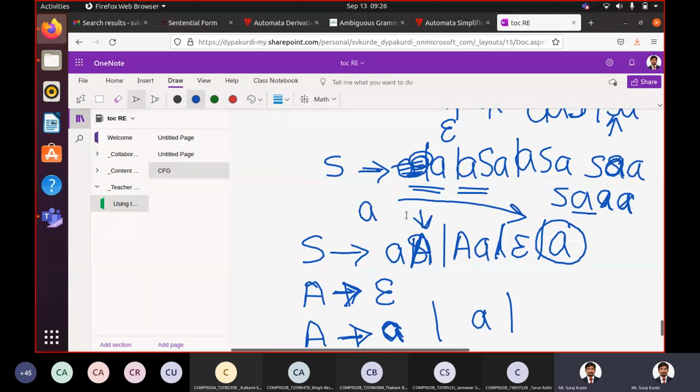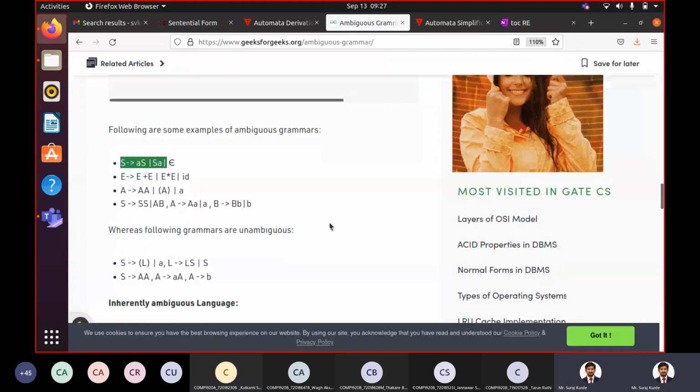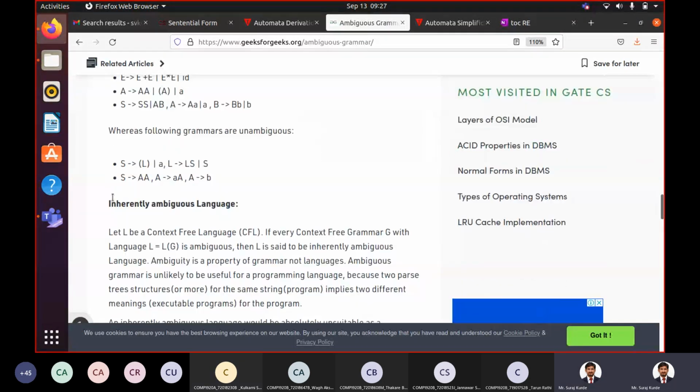Okay, just think over this and let me know if you find the answer. If you don't, I will explain it, but try to find the answer. That is ambiguous grammar. And these are some examples of unambiguous grammar where there is no recursion. Here you can find